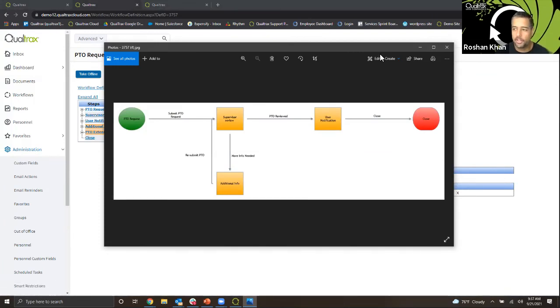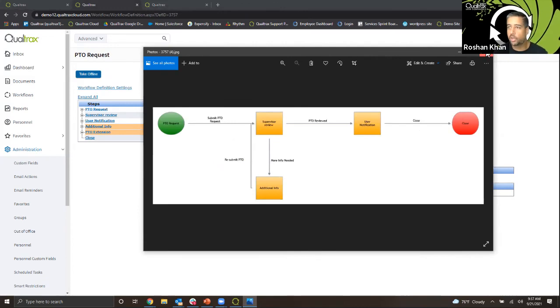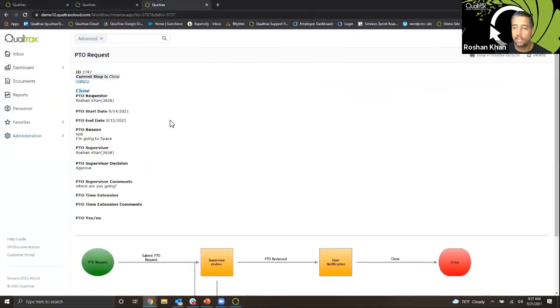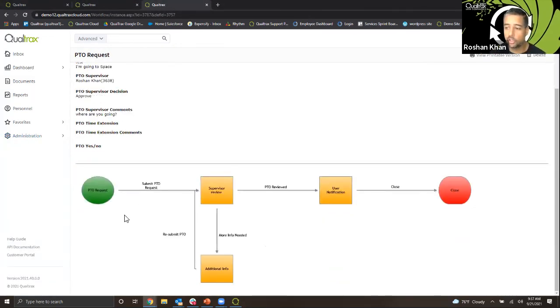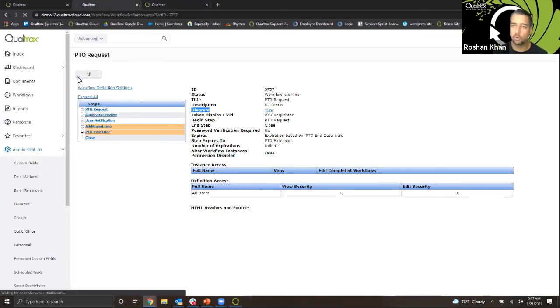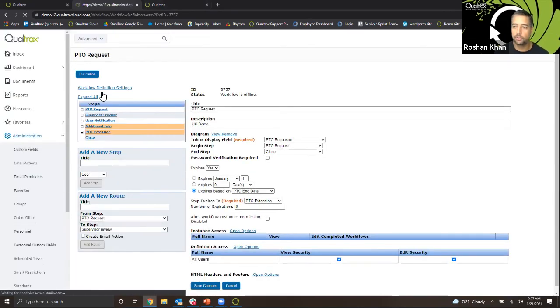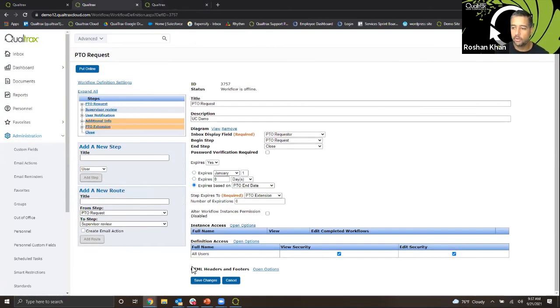We don't really care about looking at the diagram now. We want to see it when we're actually working on the workflow. In the examples I showed you earlier, you saw the diagram in the footer of your workflow. How does it get there? That's what I'm about to show you. If you take a workflow offline and go to workflow definition settings, and then go to the HTML headers and footers option,